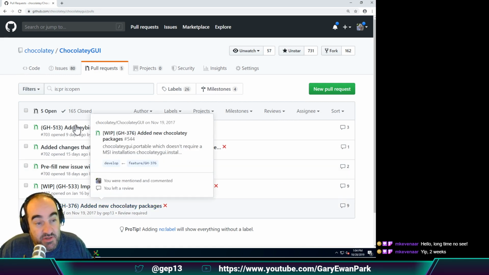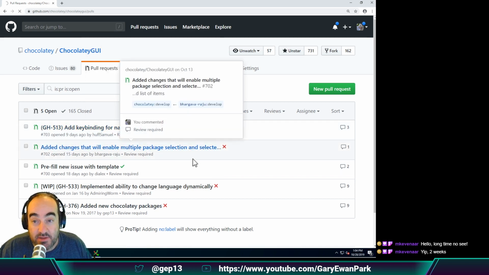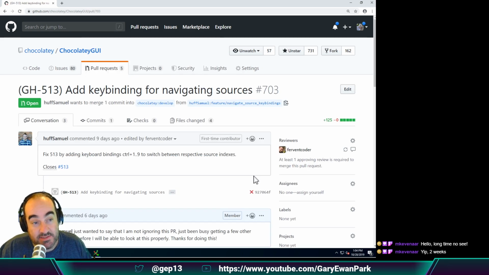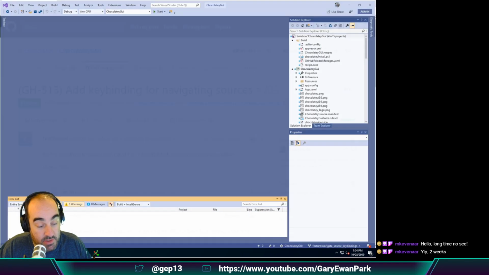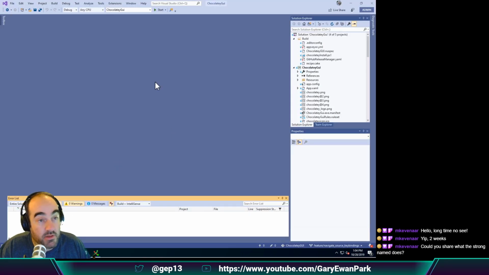So the first one that I wanted to look at was this enabling of key bindings for navigating sources. Before we get into it, I wanted to show what Chocolatey GUI is for people that are maybe not familiar with it. So if we spin up Chocolatey GUI,